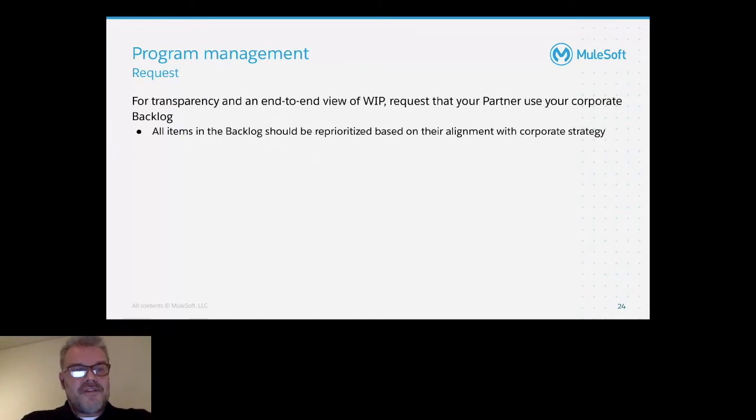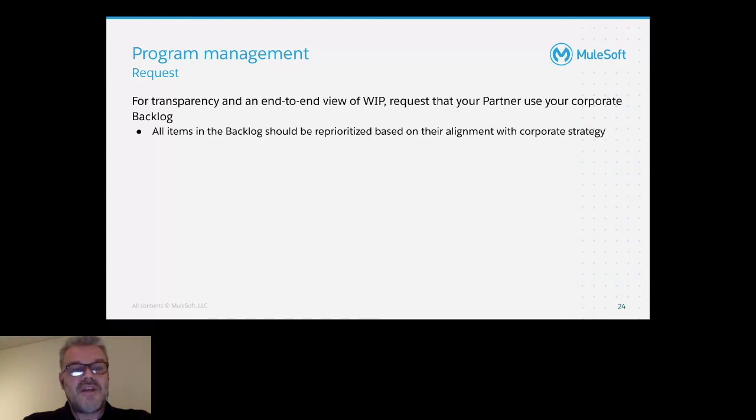What should you request in terms of program management? Well, for transparency and end-to-end view of every bit of work in progress, you need to request that your partner uses your corporate backlog. And all items in the backlog should be reprioritized based on their alignment to your corporate strategy. You shouldn't be afraid to stop initiatives and projects that are ongoing when they no longer align with your corporate strategy. And the only way for a partner to know